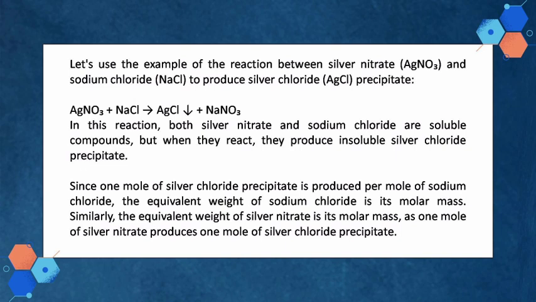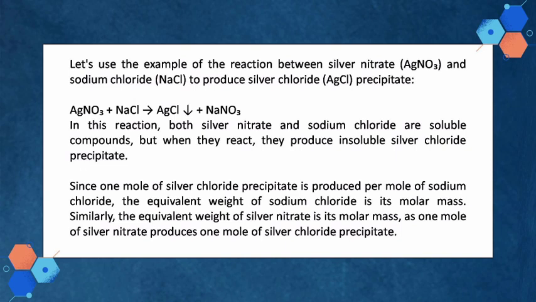Let's use the example of the reaction between silver nitrate, AgNO3, and sodium chloride, NaCl, to produce silver chloride, AgCl, precipitate. AgNO3 plus NaCl right pointing arrow, AgCl down pointing arrow plus NaNO3. In this reaction, both silver nitrate and sodium chloride are soluble compounds, but when they react, they produce insoluble silver chloride precipitate. Since 1 mole of silver chloride precipitate is produced per mole of sodium chloride, the equivalent weight of sodium chloride is its molar mass. Similarly, the equivalent weight of silver nitrate is its molar mass, as 1 mole of silver nitrate produces 1 mole